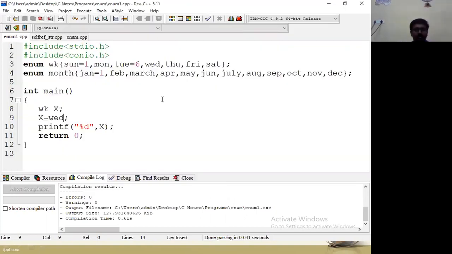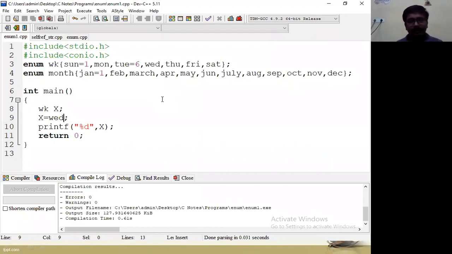What is the meaning? If you are not assigning any value, it will take the sequentially incremented value. If you do not assign any value in the sequence, it starts from 0, 1, 2, 3, like that. If you assign a particular starting value, the remaining values follow as 1, 2, 3, like that. If in the middle you assign any value, the given value is the initial value, and all remaining words are assigned the next sequential values. That's the matter. In that way we can conclude that concept here.